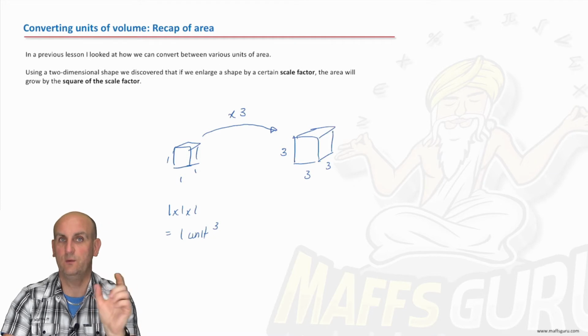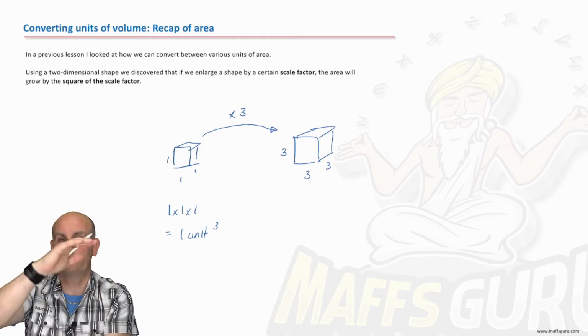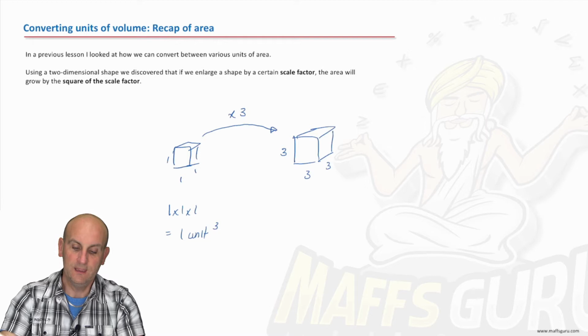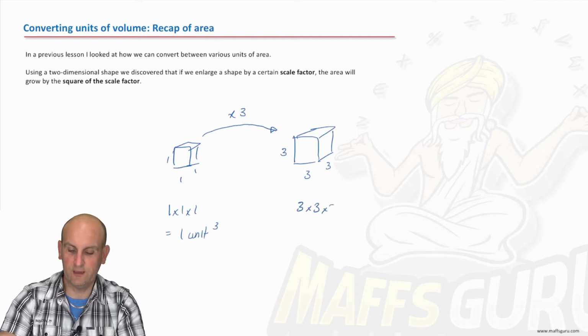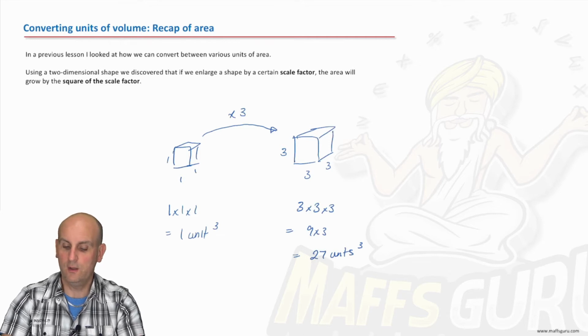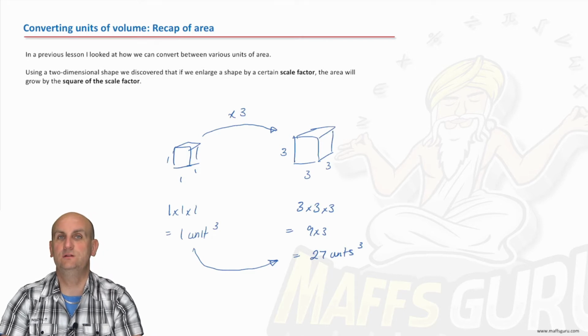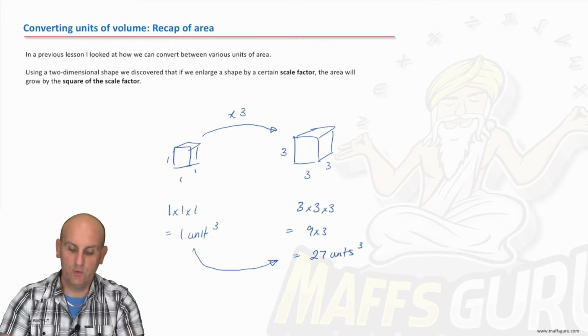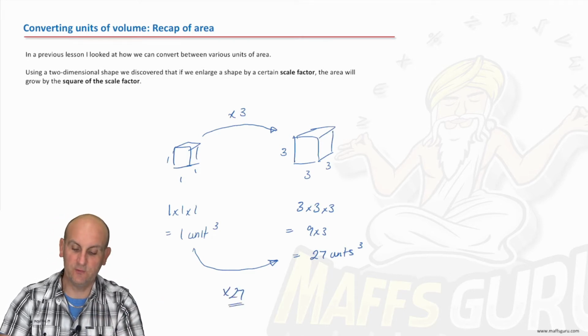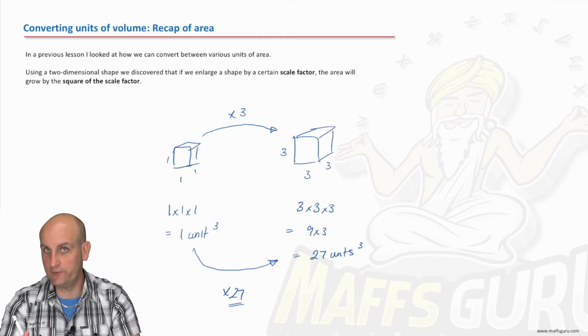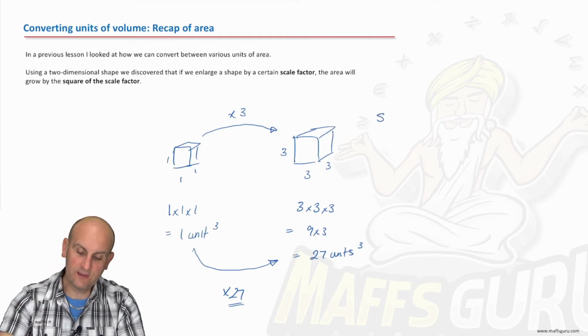All right, so I've taken that 1 by 1 by 1 and I've made it 3 times bigger. If we now look at the volume of this, that would be 3 times 3 times 3, which is 9 times 3, which is 27 cubic units. Now what calculation do we do to go from 1 to 27? Well, in this situation, we would times by 27, which just so also happens to be the scale factor